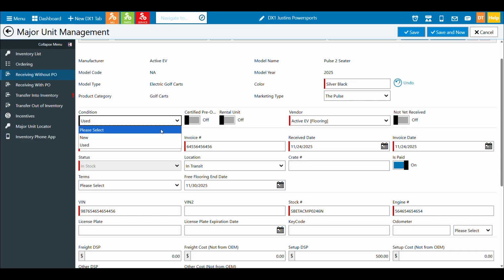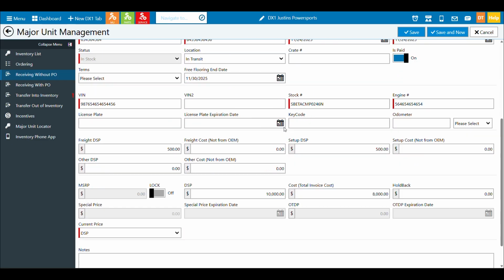If you do rentals, you have a new unit, or I guess it would be technically new in your inventory. You could set it to rental, and what this will allow is if you have a rental company you use and they have the ability to pull information via an API, you can set them up so they can pull these units right out of DX1 automatically right into their system, and then you don't have to build them over and over and over again, which is pretty helpful.